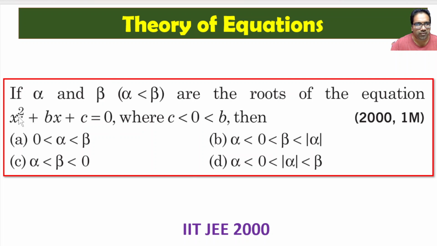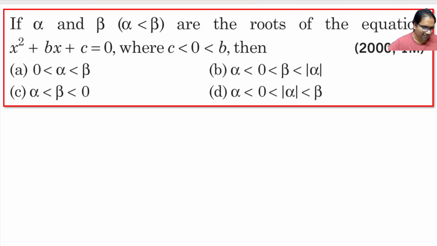Basically, it is about a quadratic equation wherein the coefficient of x is positive and the constant is negative, and alpha, beta are the roots. What can we say about the nature of these roots? It's a nice problem. Let us see. Ax square plus bx plus c. This is in this format. Okay. So now